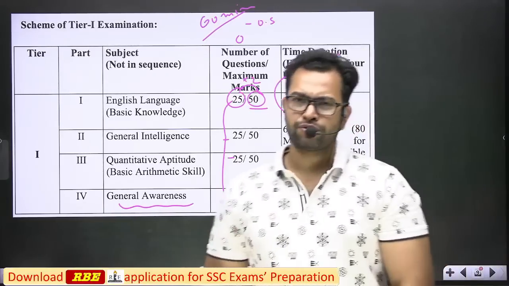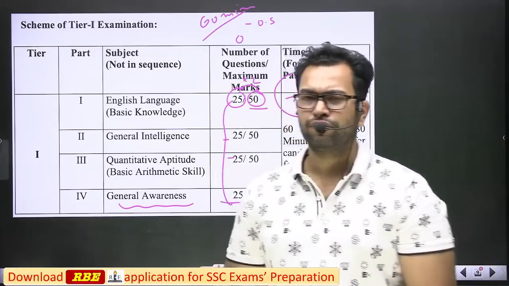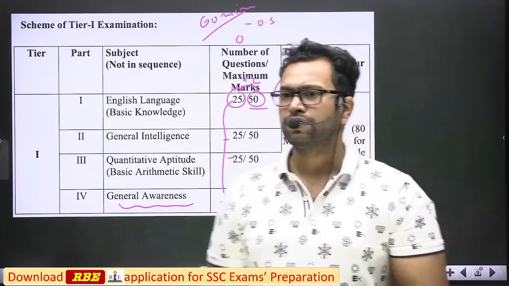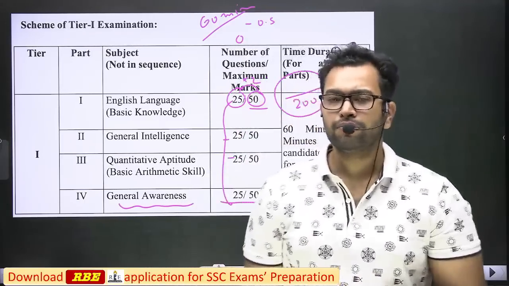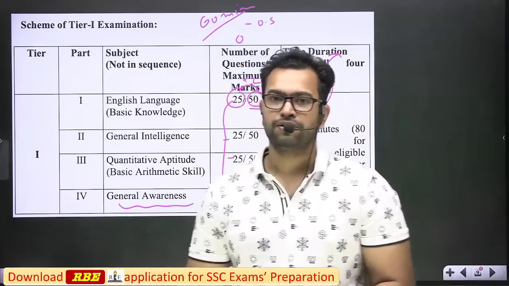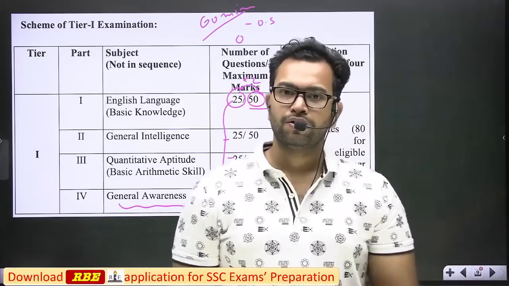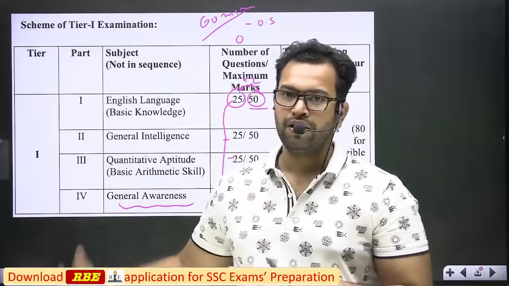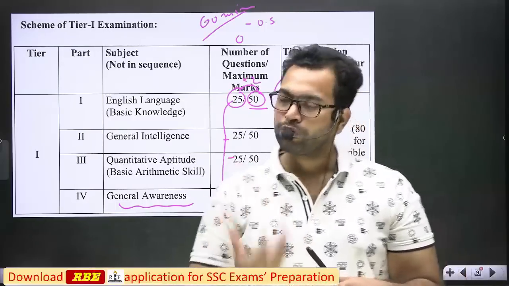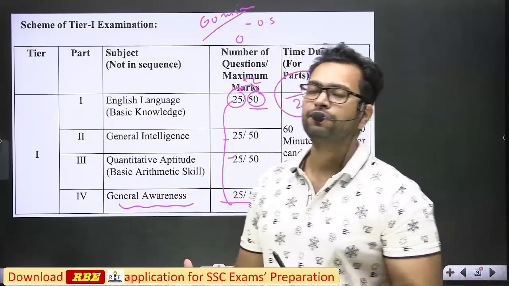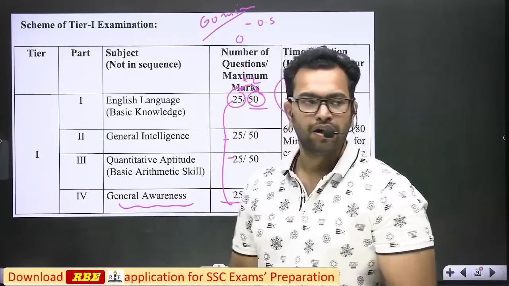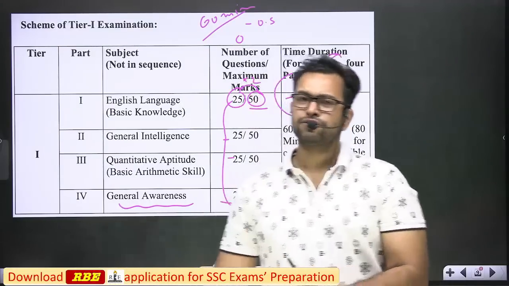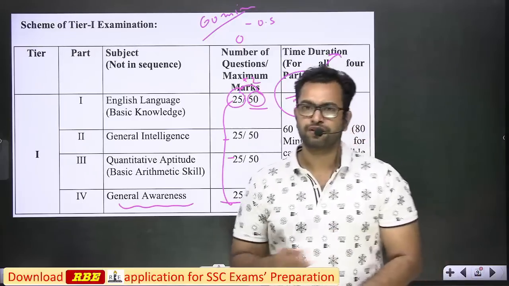In reasoning there are many questions that we can do in 10 to 15 seconds, but some questions like series questions, counting figure questions, missing number questions, we have to think, and it takes time. So we try to solve those questions that take time in the end. Similarly in mathematics we have to solve all the questions, so we solve the mathematics portion at the end. I hope I am clear. So this is how we go, and in the first go GK and English we can complete fully.